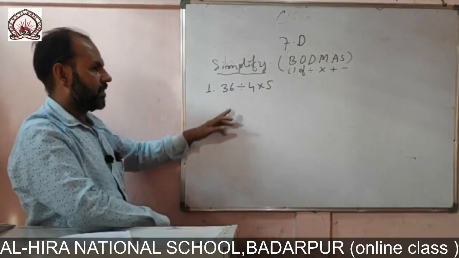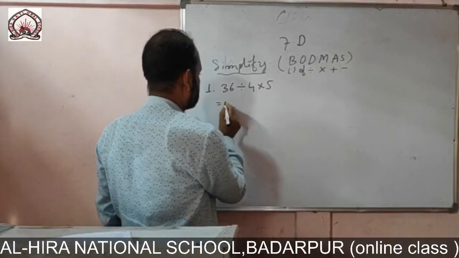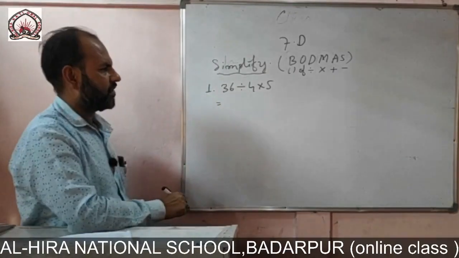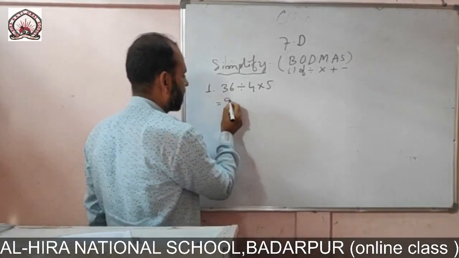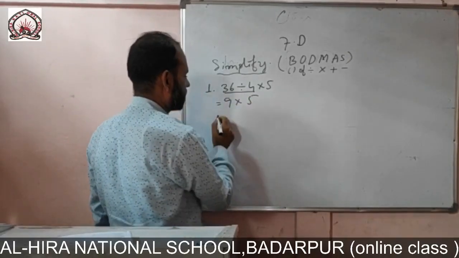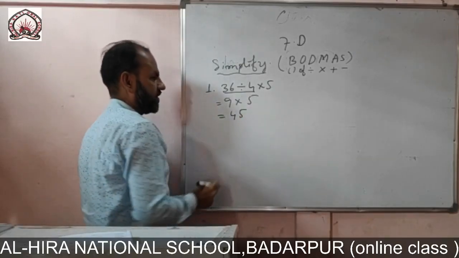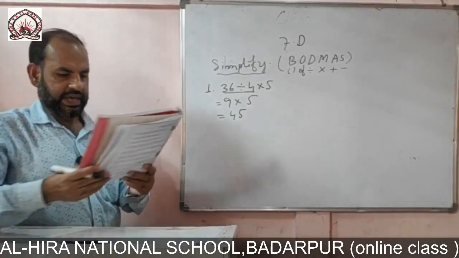So here first we do divide. So we know 36 divide 4 is equal to 9. Into remain 5. So 5 9s are 45. Answer is 45. Next,